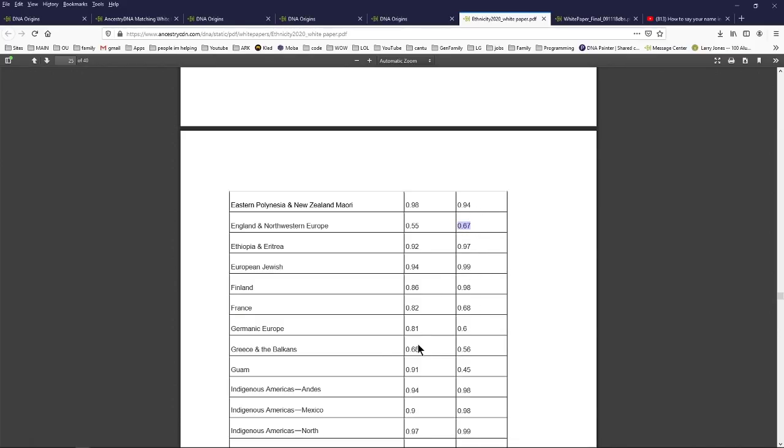Yeah, 67%. And then Germanic Europe is 60%. And that's because there's a lot of overlay. There was a lot of travel in that. And the truth be told, from my research, the ethnicity estimates are really kind of timestamps, because you have these